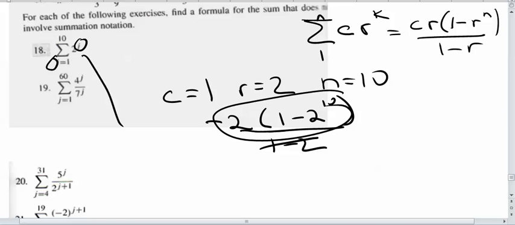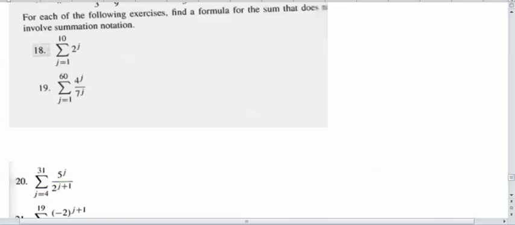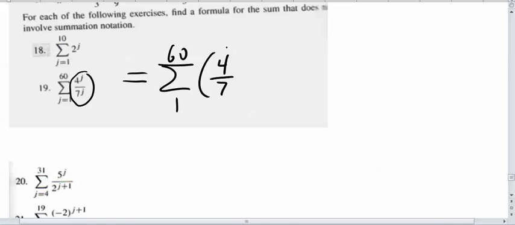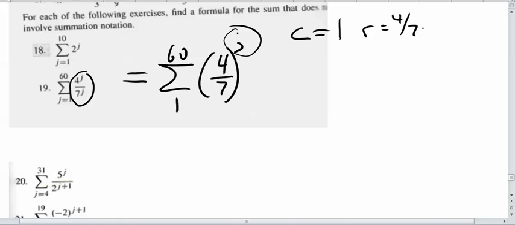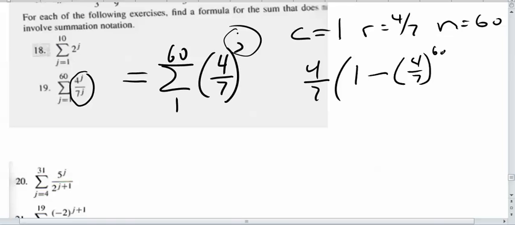I'm going to erase it. Okay, here's the next one, John. This one's a little bit more tricky. This is really summation 1 to 60, 4 over 7 raised to the j. Since, again, I'm working with this as an exponent, in my formula, c is equal to 1, r is equal to 4 over 7, and n is equal to 60. So, 4/7 times 1 minus 4/7 to the 60th power divided by